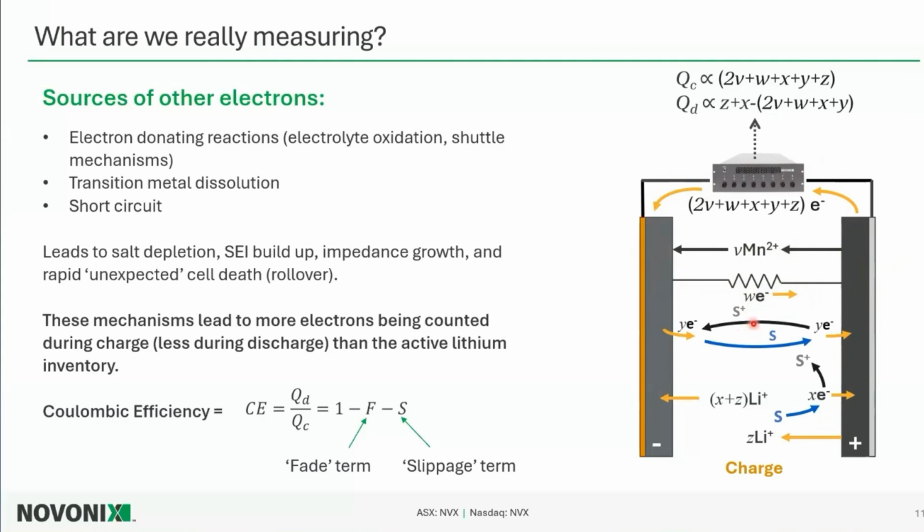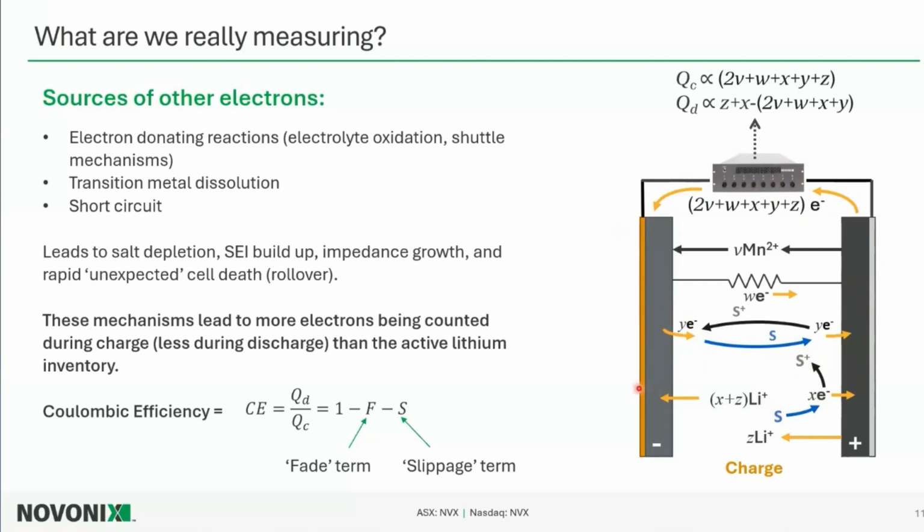With a reversible shuttle mechanism, there were some interesting papers published by Jeff Dahn's lab talking about PET tape introducing reversible shuttles within cells. And they realized this using high precision equipment. And this, again, just creates this electron shuttle that we end up counting these excess electrons during charge. And reversible electrolyte oxidation, where we oxidize an electrolyte species, and to create charge balance, we move an electron through